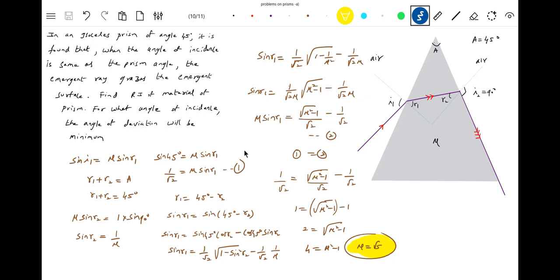Draw the diagram. Then from geometry, find some relationship between the angles. Then Snell's law. And some conditions like TIR. Here we have brought the conditions of TIR. Grazing